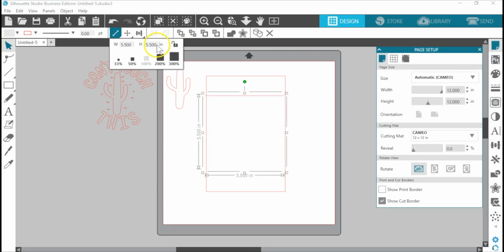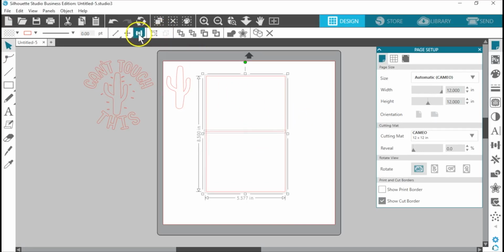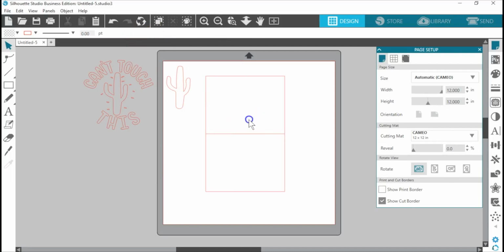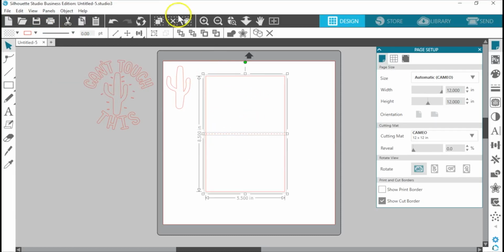I'd better unlock it, 5.5 inches wide and 0 inches high. Now I'll center these together with the Center option in the Quick Access toolbar and change my line to a perforation with the Line style. And group it. That gives me my outer card base.